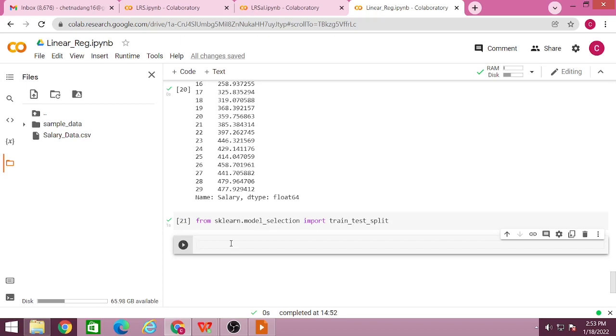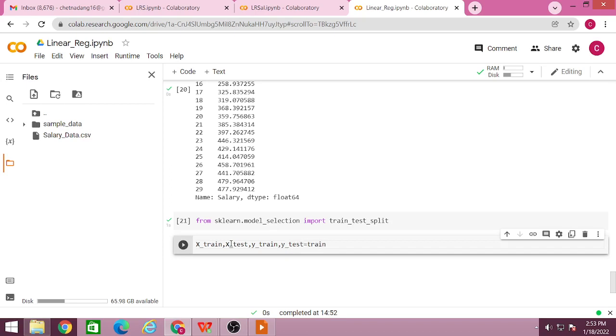So let us split. After I split, I get 4 things: X_train, X_test, Y_train and Y_test, which equals